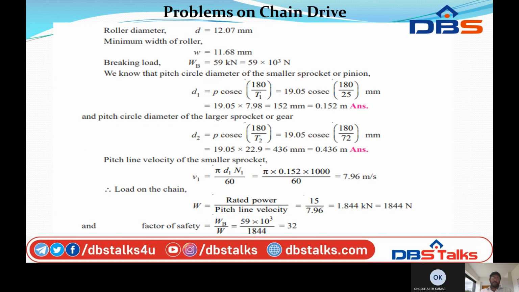The rated power is 15 by pitch line velocity 7.96. So this is the velocity V1. The rated power is also already given in the problem. Power P is equal to 15 kilowatts. So W is equal to 15 by 7.96, that is equal to 1.844 kilonewton. So this kilonewton will be converted to newtons,